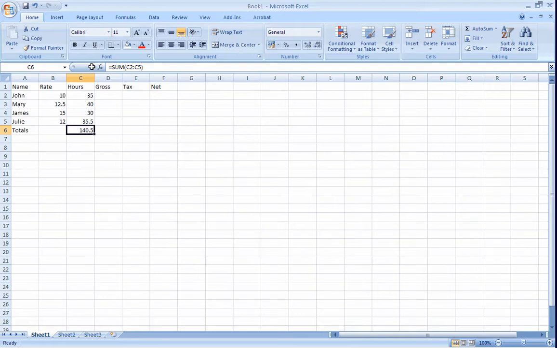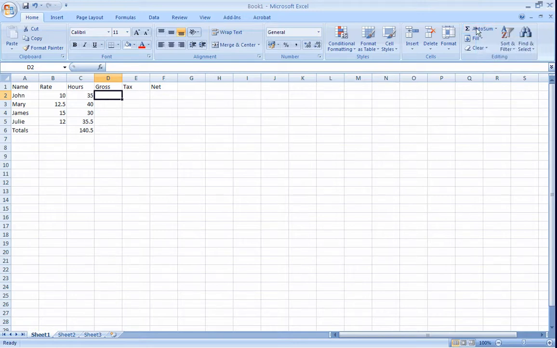What I'm going to do is again use the auto sum, but I'm going to make an edit to it. So sometimes you can use the inbuilt functions and then make some changes, and it gives you a little bit of a head start and perhaps reminds you of some of the layout and syntax of how the formulas are constructed. So I'm going to click on D2, so I'm going to tell Excel where I want the formula to